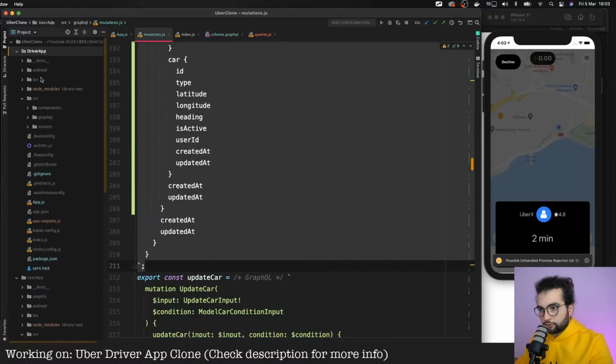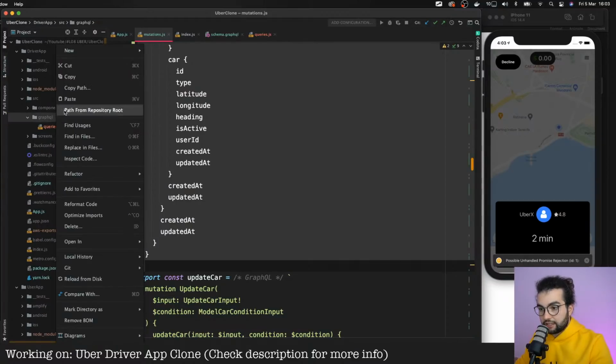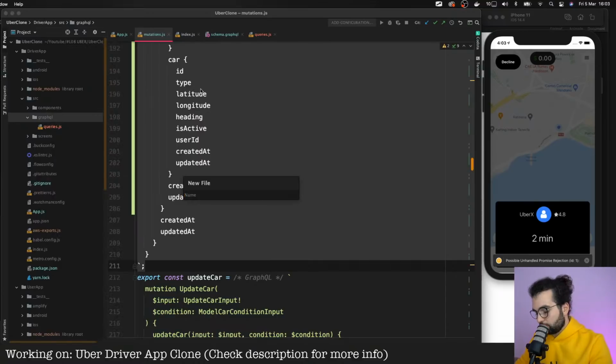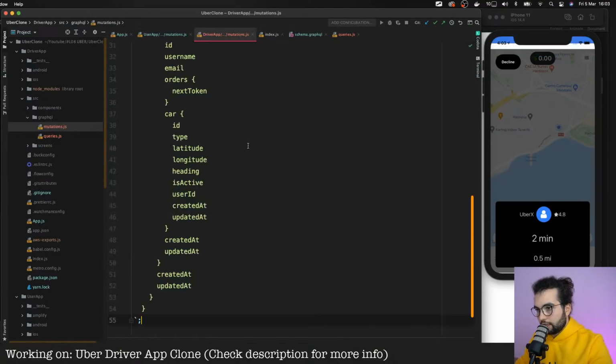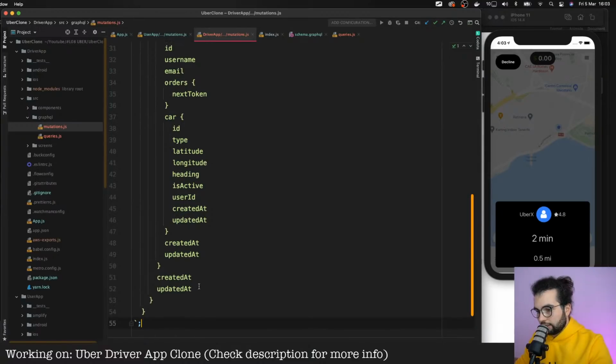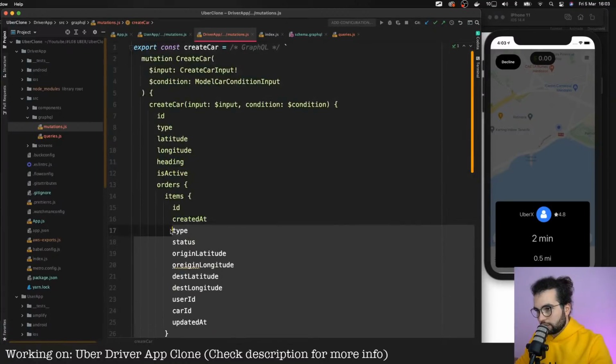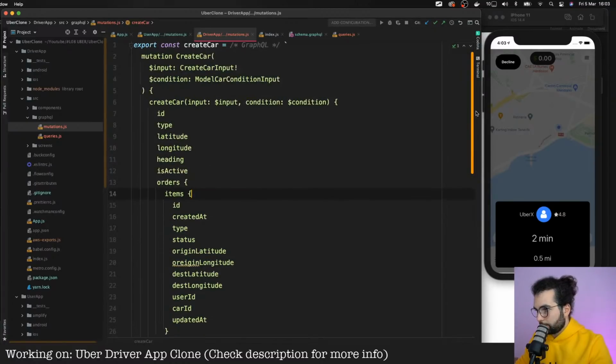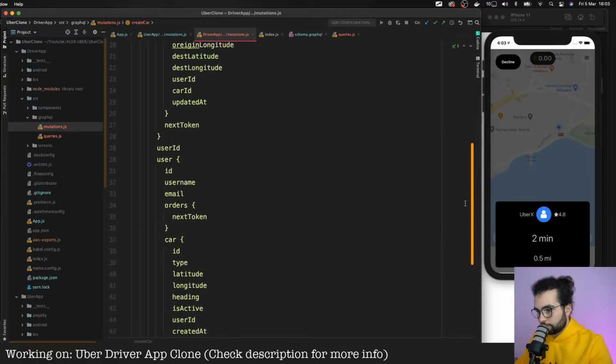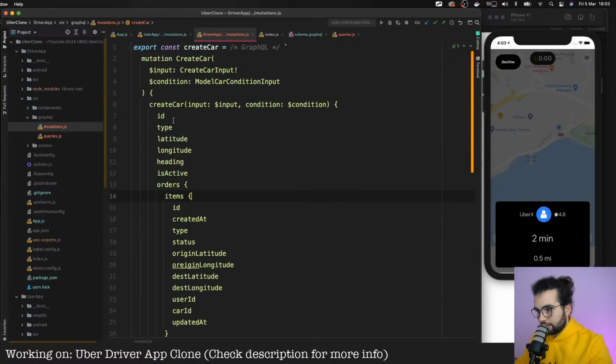So let's go back to the driver application, source GraphQL, and here, besides the queries, we'll need to add a new file, mutations.js, and add this mutation. Create car. Yeah, but it's a lot of information there.